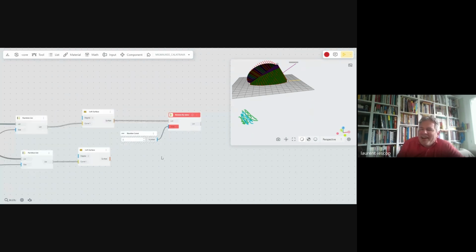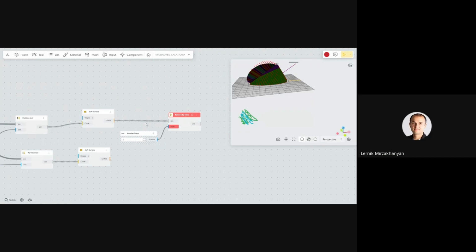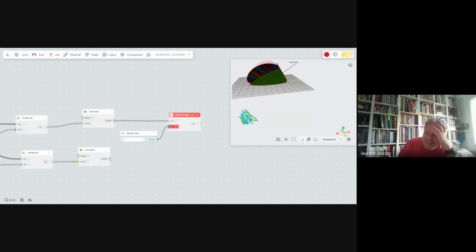I do remember when I started Grasshopper a few years ago, I was stuck with these problems at the beginning. It was, oh, it's a data trick, oh, it's not working, and so on. It's just a question of how your list is organized.